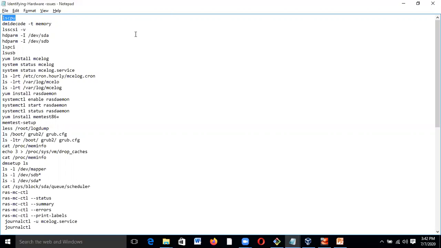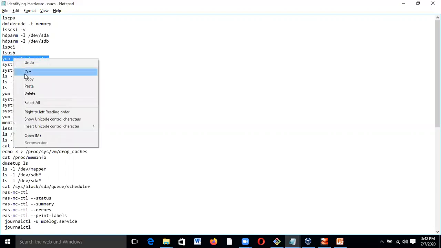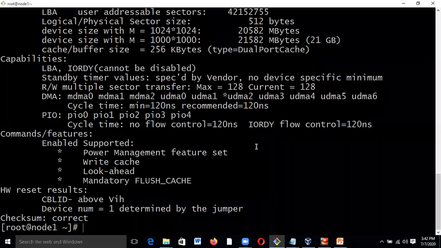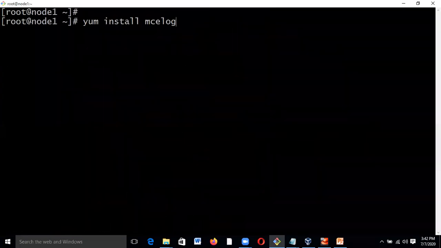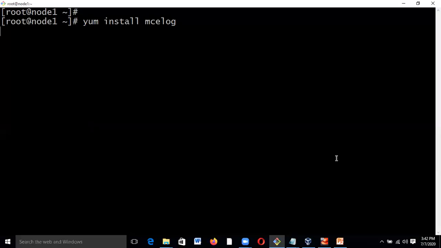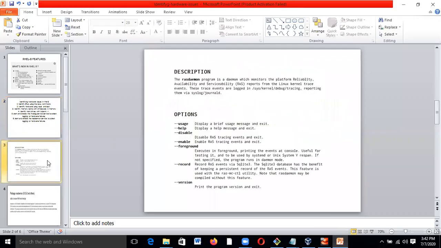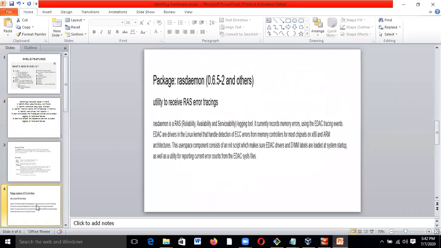So now let us explore and install mcelog, so that we can see. If you can see here, I'm installing this mcelog. We have a Red Hat repository here, so we can pull the packages from Red Hat sites. So as we discussed here, mcelog